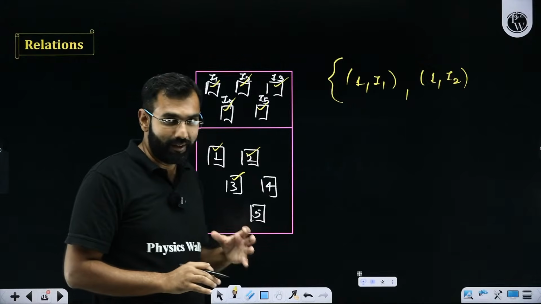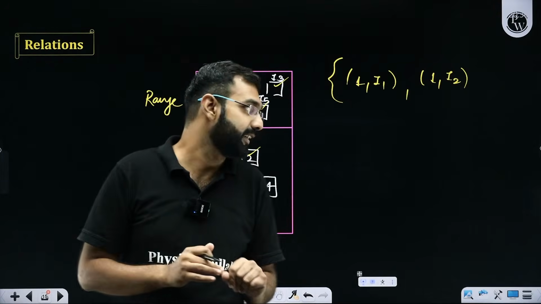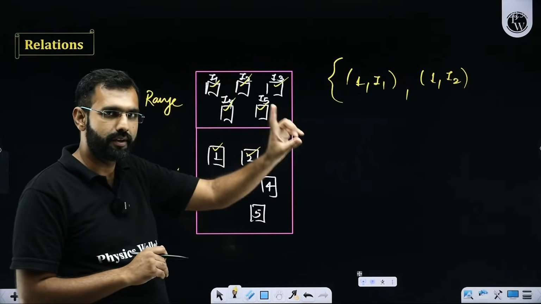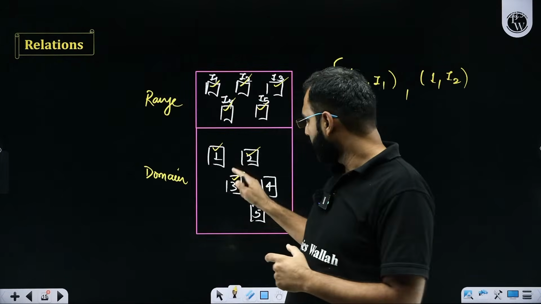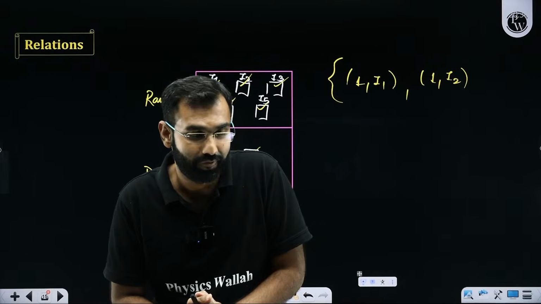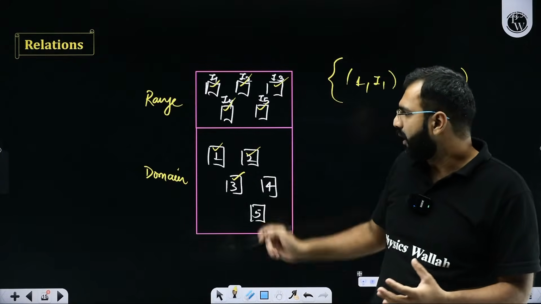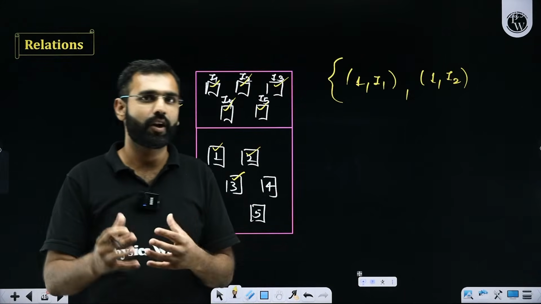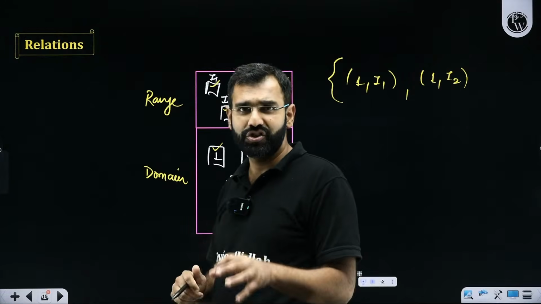But if I were to explain functions here, I'll say a properly functioning vending machine would be a function, which means if I have 1 as an input, it should give me 1 output. If I have 2 as an input, it should give me item 2 as an output. If I have 3 as an input, it should give me 1 unique output. Whatever button I press, it should give me 1 unique output. If we are getting that, I'll be calling it a function specifically. It will still be a relation, because in any possible manner, when you map the elements of the domain with the elements of the range or codomain, you create a relation. But to be more specific, if I were to define functions, I'll say a properly functioning vending machine will be a function.